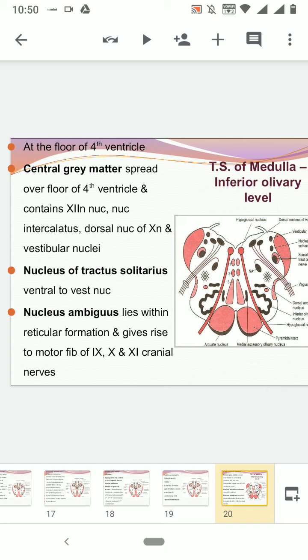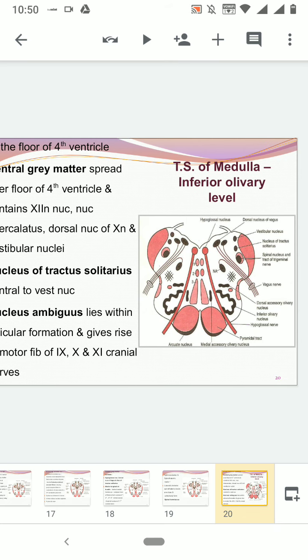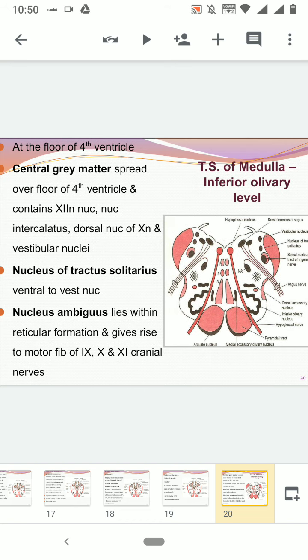As we go from the paramedian, as we go more laterally, we can see beautifully the olivary nucleus. The inferior olivary nucleus is like a crumpled purse bag, or a crumpled purse-like structure. You have the dorsal accessory olivary nucleus just above that, and the medial accessory olivary nucleus. Remember that these olivary nuclei are all part of the extrapyramidal system. They help the pyramidal system, so that's why they are very closely placed with the pyramidal system. So remember that they are all motor system, pyramidal and extrapyramidal.